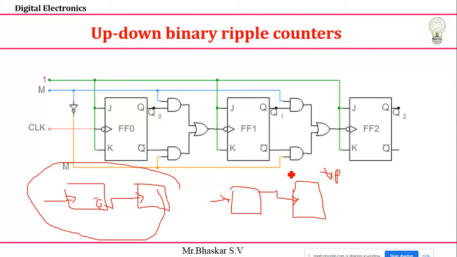So here, with the help of mode, sometimes I need to count up, so this output I need to connect to here, and the second time I need to connect this one, but the connection destination is the same. In this case I'll explain one concept for you, parallel input serial output. There also I have one output and one input, and different conditions I need to connect. That time I considered two AND gates and one OR gate concept. The same thing I'm going to use here also.